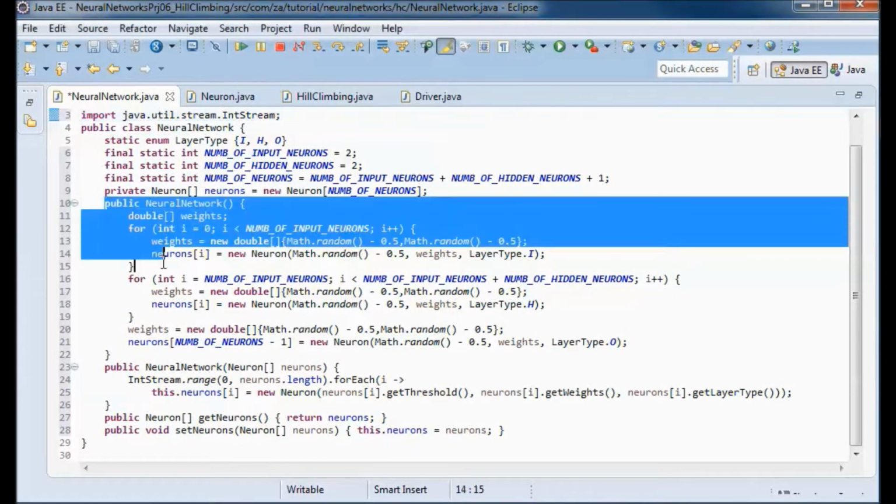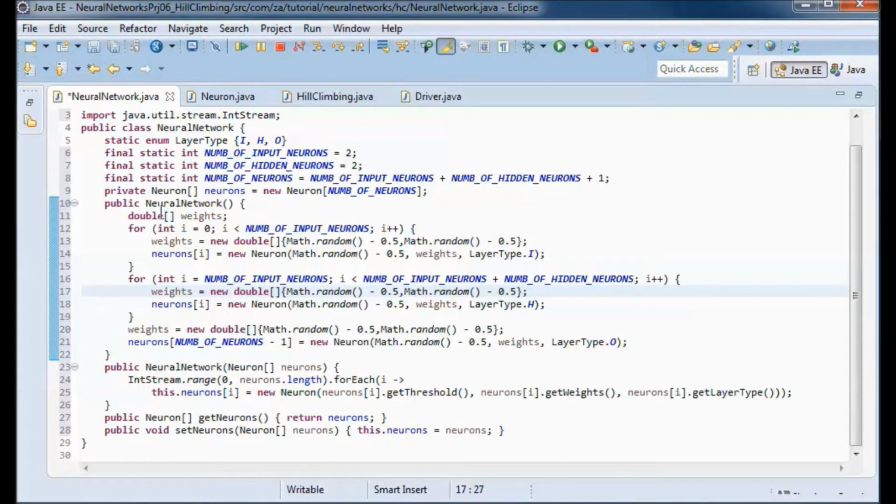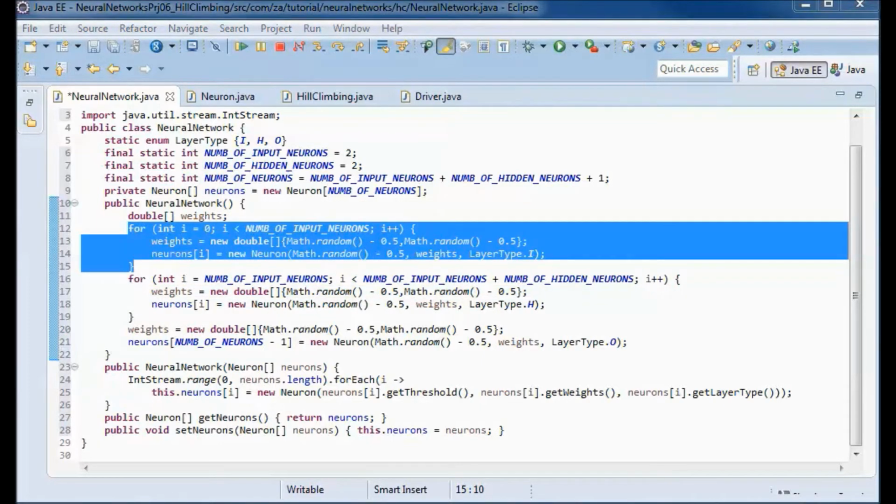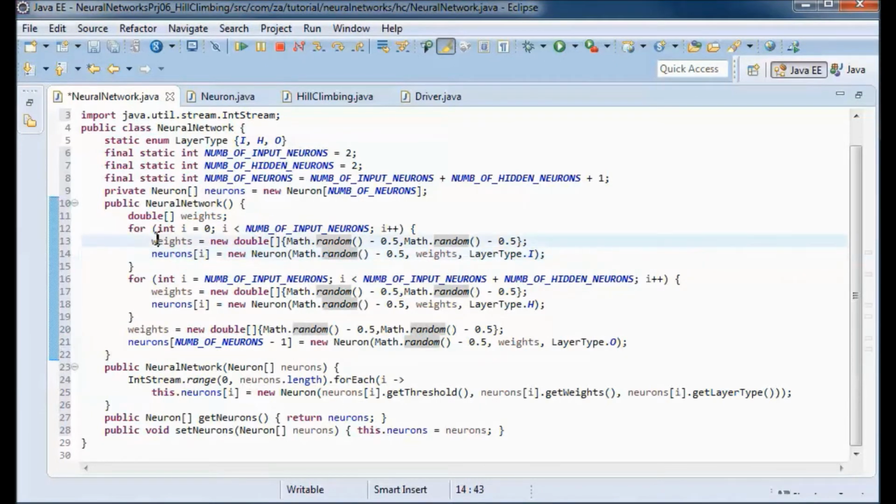And the other constructor will instantiate the two neurons that are in the input layer, and populate them with random weights and a random threshold.